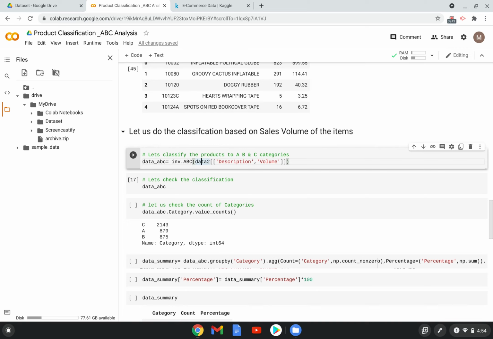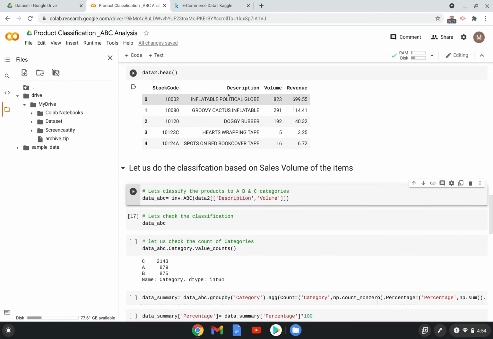Here we're saying that in the data, which is a data frame, the description is this column, and then volume. This is the name of the SKUs. We can select either SKU code or description, but I have selected description because by looking at the SKU code, we cannot judge which item it is. That's the reason I have used description.